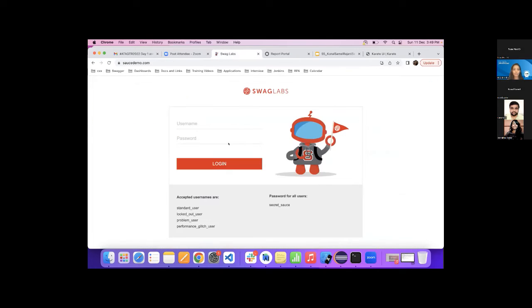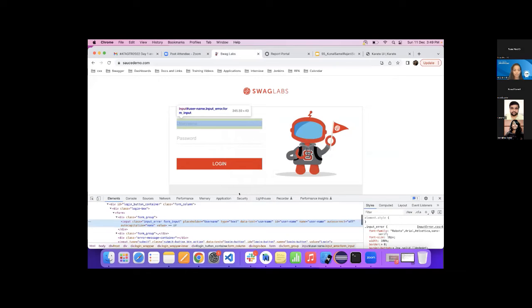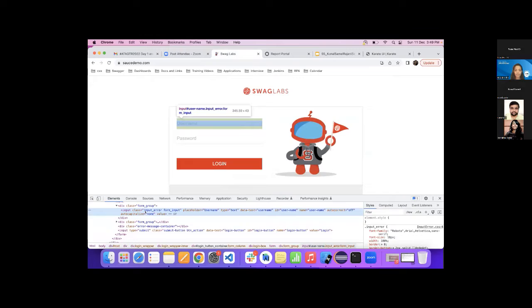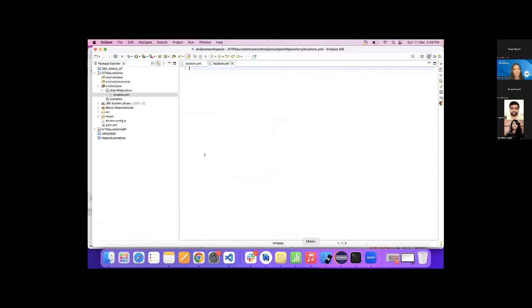So I'll log out and start developing my first script. Let's inspect the page. We see that it is basically on the login screen, so we can straight away take the ID of it with the CSS locator. We can identify that, so we can write it as login page.